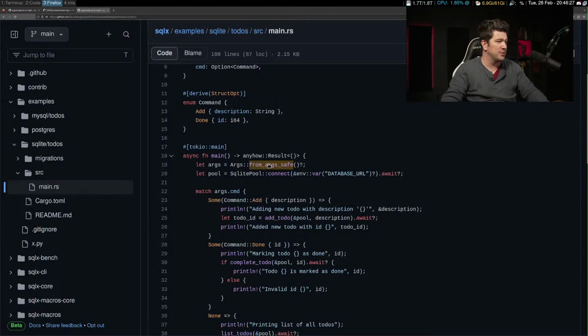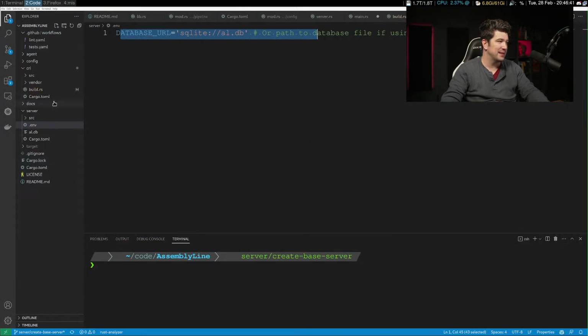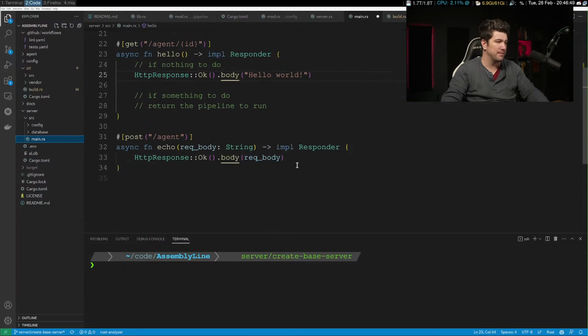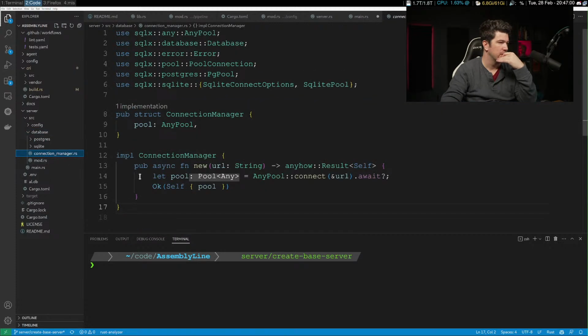Now, the other thing that's interesting is they have SQLite, Postgres, MySQL. But what they don't show you and don't document is that they actually have, let's jump over to main here, they actually have this any as well, which can connect to any of them.